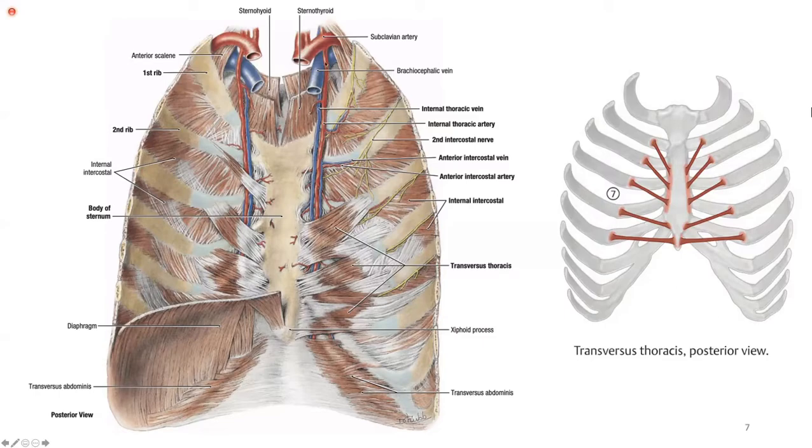You can see this is my internal thoracic artery coming from the subclavian artery. This is the subclavian vein, brachiocephalic, and then you can see the anterior intercostal, and you can see each space, but we are seeing from inside as if I'm sitting in the thoracic cavity. So the transversus thoracis muscle you are seeing from inside the thoracic cavity, and there you can see the muscle fibers going in different directions. These directional organizations are really helpful. And look at it, this is the diaphragm. Are we good so far?